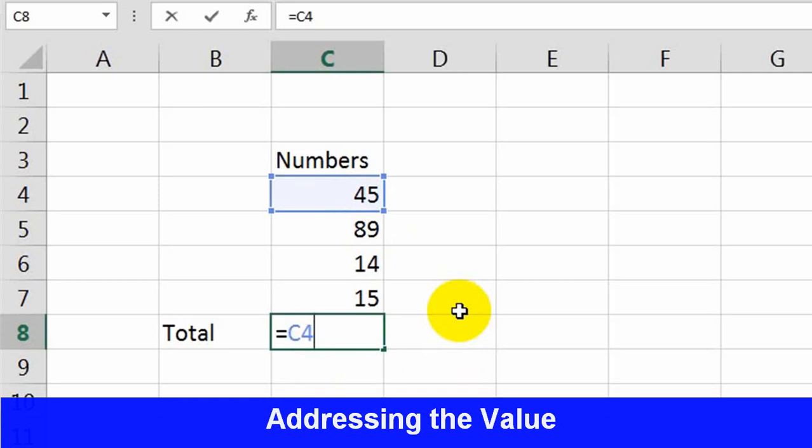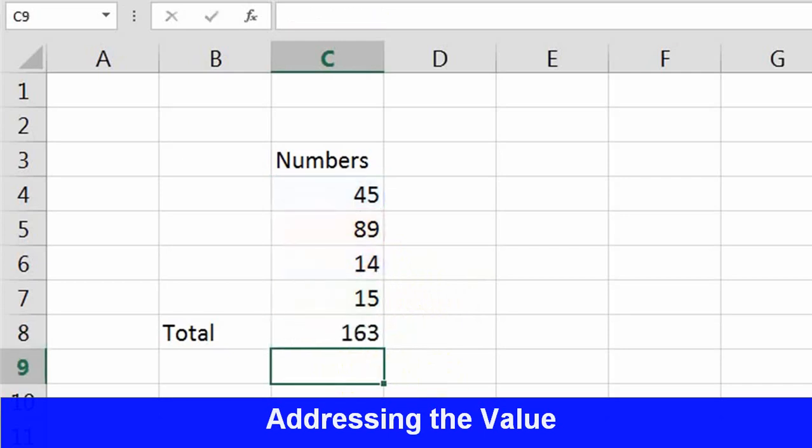Now I want to add value, so plus sign, plus operator. Now again I need another value, C5. Now you can type on keyboard like C5 or just you can click on here. Automatically the cell address is written on the formula. Plus sign again. Click on this next number. Plus again. Now 15. Now press enter to get result. 163. It is the output. Like this you can add number.